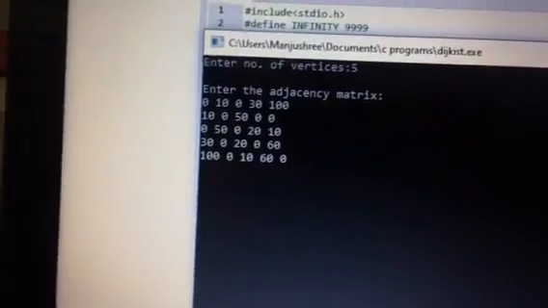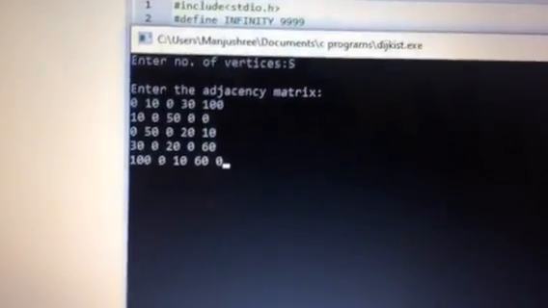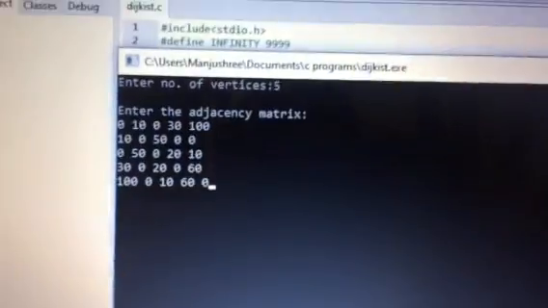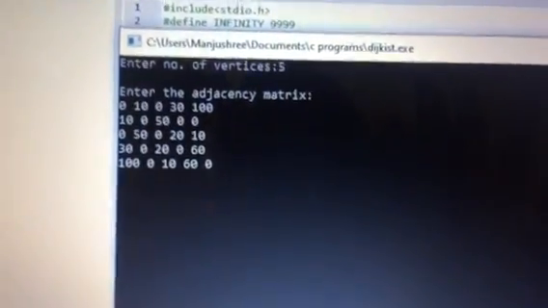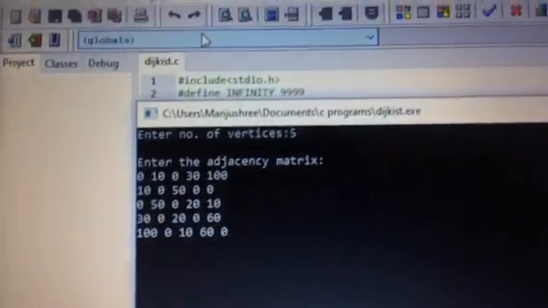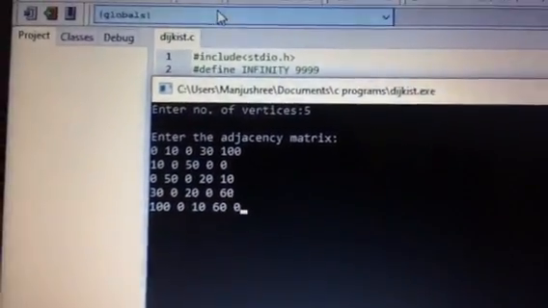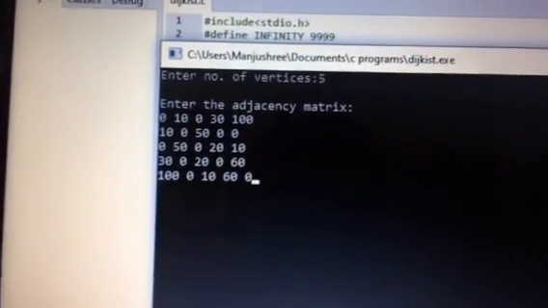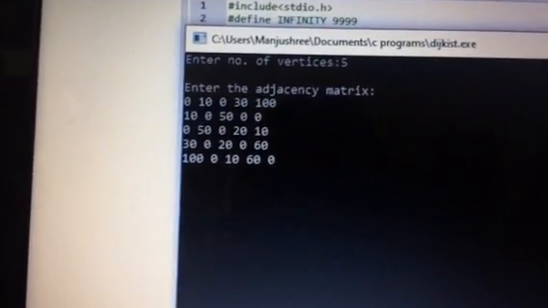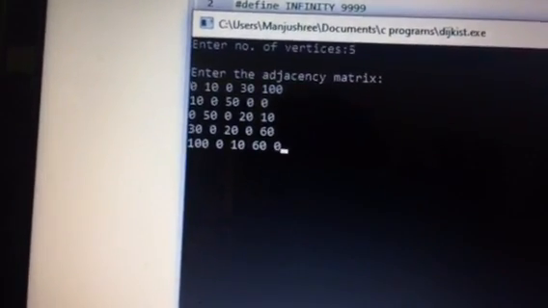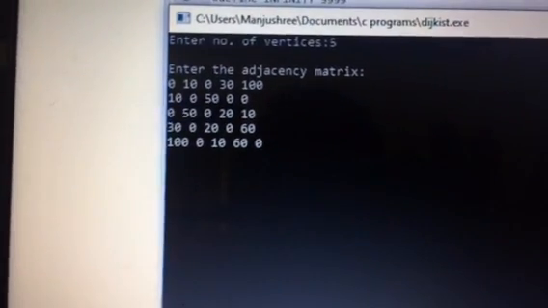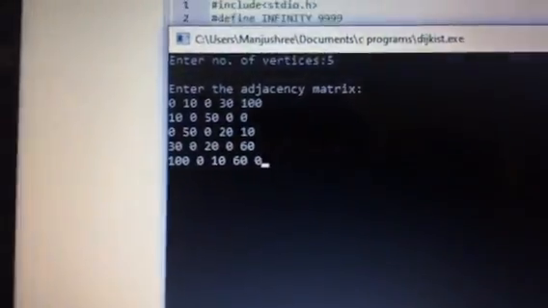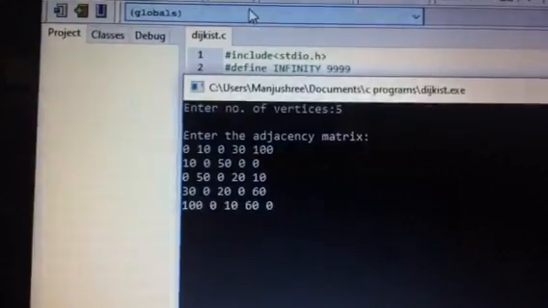Only one thing you have to remember is, from the same node the path will be 0, that is from 0 to 0 it is 0, 1 to 1 it is 0, 2 to 2 it is 0, 3 to 3 it is 0, and 4 to 4 it is 0. When you don't have a direct connection, then also you have to put 0. So you can enter this matrix in any way, but you should know these two points. After that, correspondingly you have to draw the network diagram for this matrix.